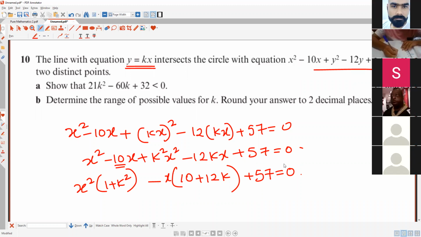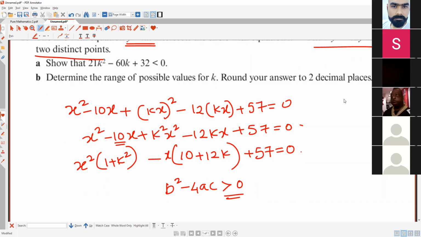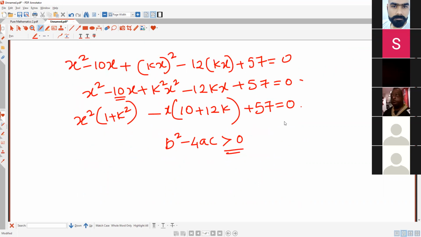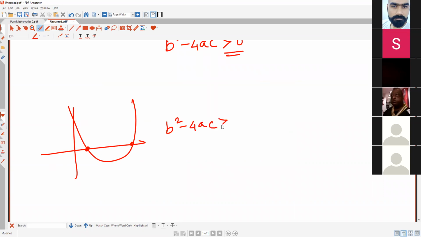Thank you. Now, you guys know that it is crossing 2 points. If it is crossing 2 points, I told you last time b square minus 4ac is greater than 0. Nafisa, didn't you ask yesterday? Actually, there are 3 situations. Like for example, if your graph is crossing at 2 different points, it's b square minus 4ac is greater than 0. If it is crossing one single point twice like this, touch and go, then it is b